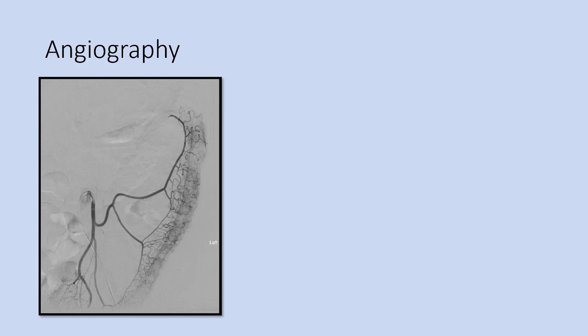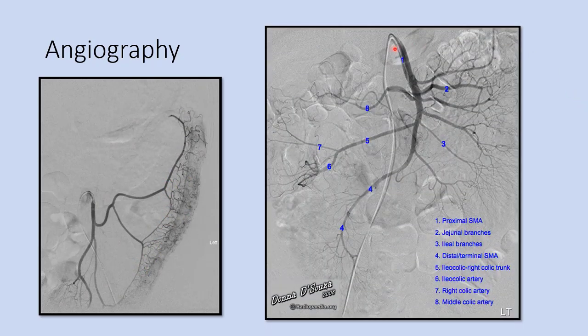Angiography is a procedure where radio-opaque material is injected into the arterial system to visualize it. This is inferior mesenteric artery. You can see here this is left colic artery, sigmoidal arteries and superior rectal arteries. You can also observe marginal artery and straight arteries going from marginal artery to colon. This is superior mesenteric artery, proximal most part and middle part, and this is distal part of the superior mesenteric artery.